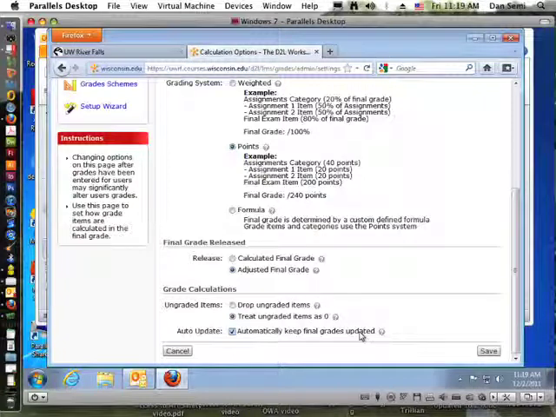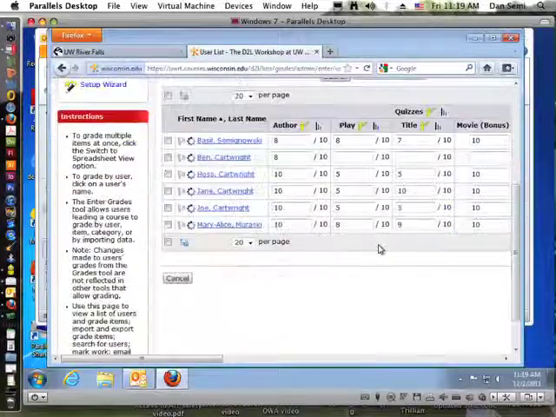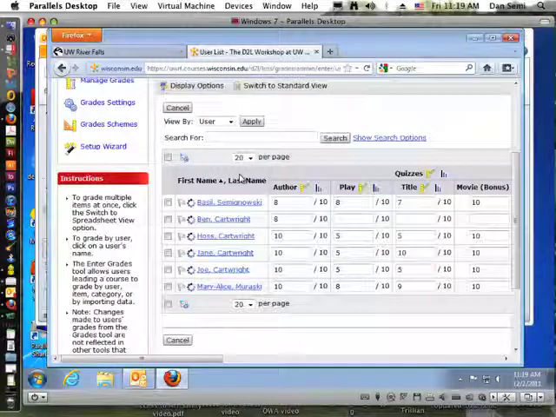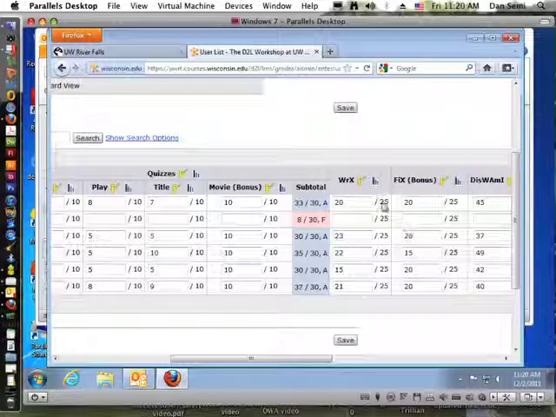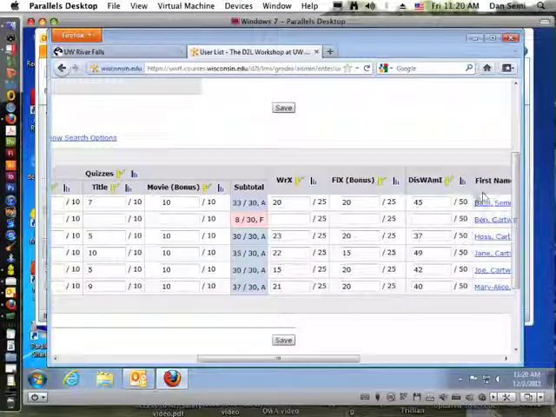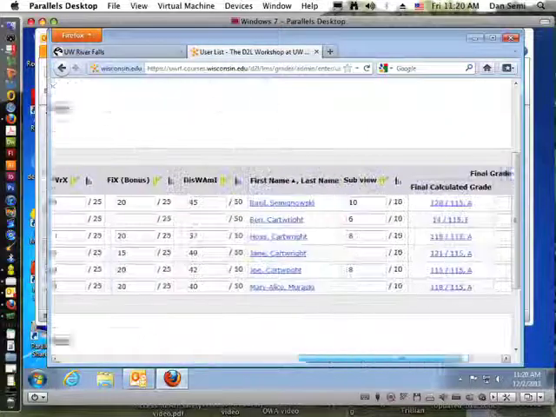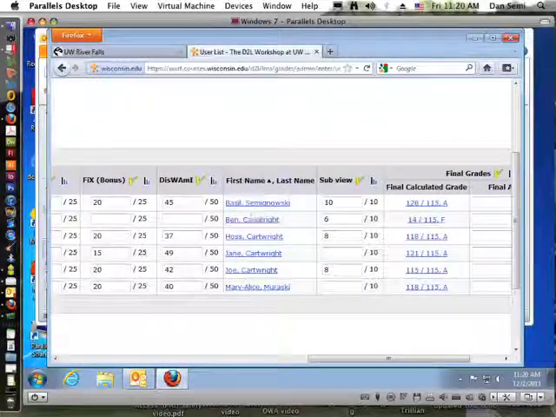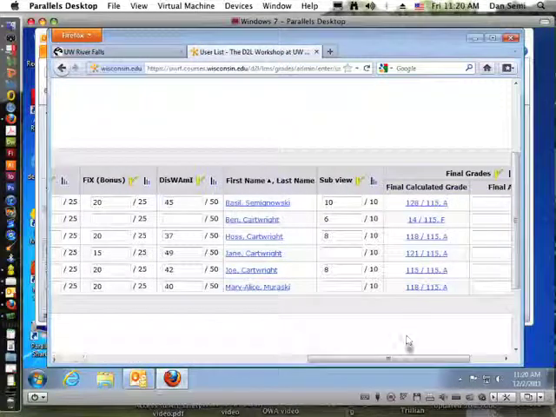Let's take a look and see how some of these changes will affect our gradebook. So I'm going to go into Enter Grades. And what I see here in the Enter Grades from my personal view is I've got the columns here, and it's going to repeat after 8 columns. So you'll see that if I move back over this way, whoops, the students begin to repeat and the columns begin to repeat here. And if I go back over, there we go. So the students repeat here. I've got one more column here, and it's totaling it in the final calculated grade.